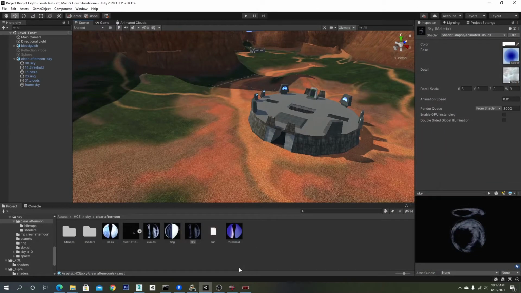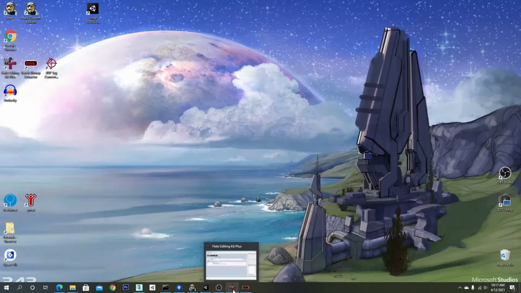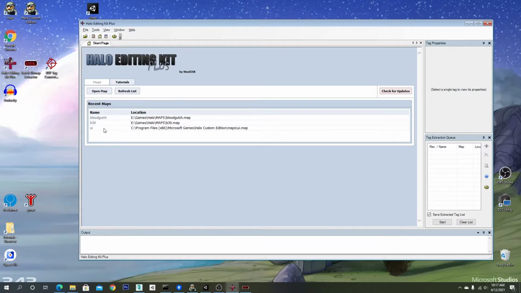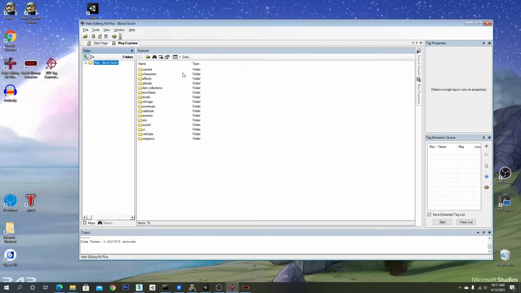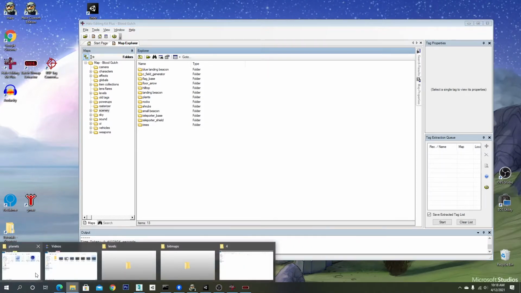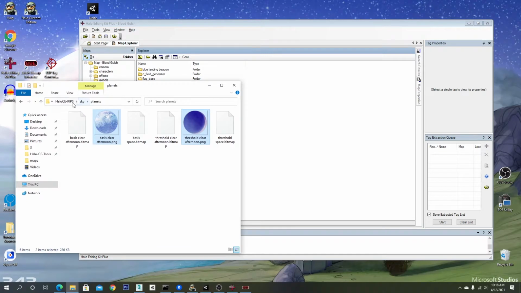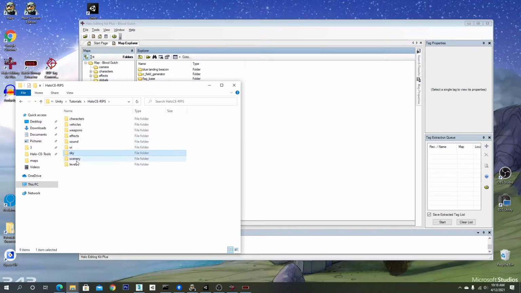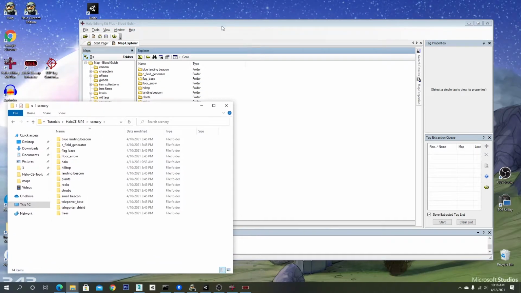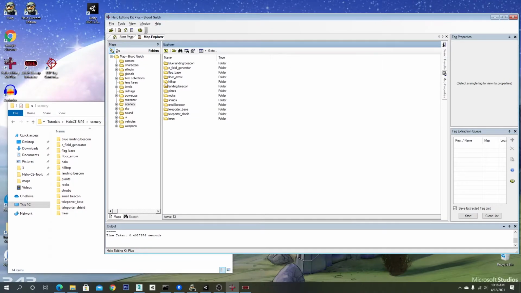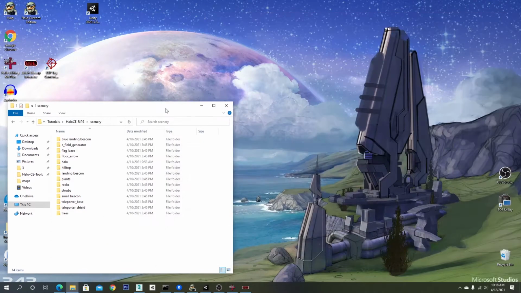If you've been following along, you know we go over to Heck Plus and we open up the Bloodgulch map. So we'll pop this open. We'll look at our scenery. I should have already exported all of this. So let's go take a look at my rips, scenery. Boom, there it is. So I went ahead and exported most everything from the Bloodgulch map already when I started